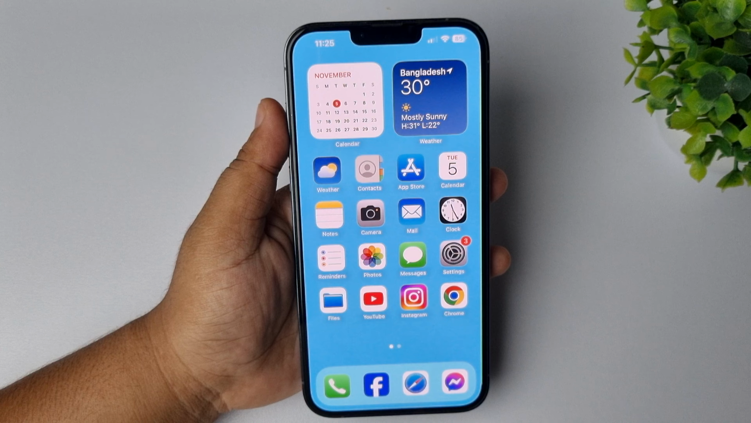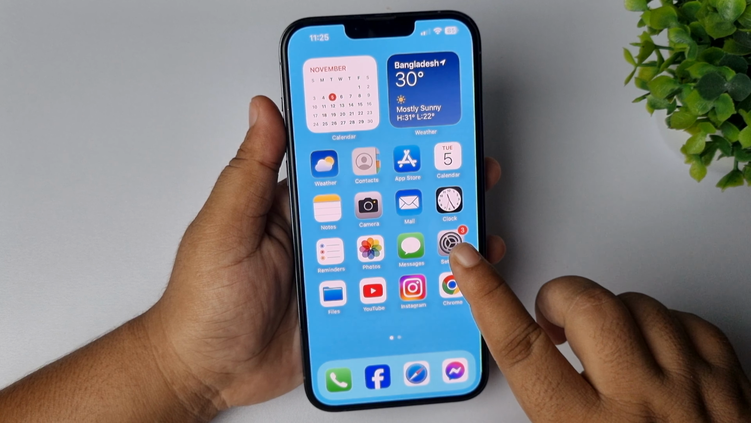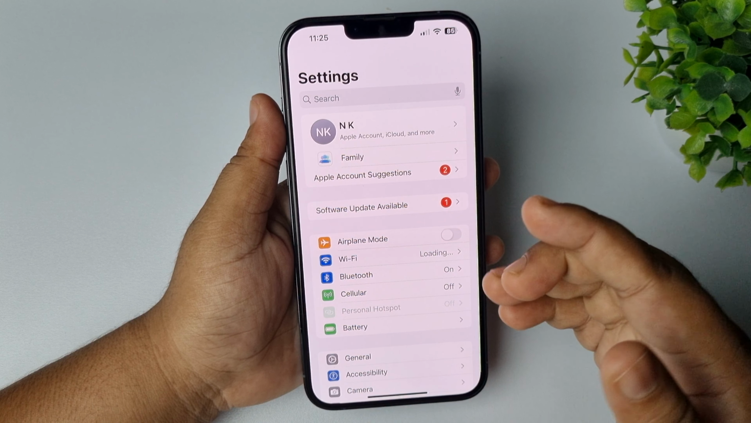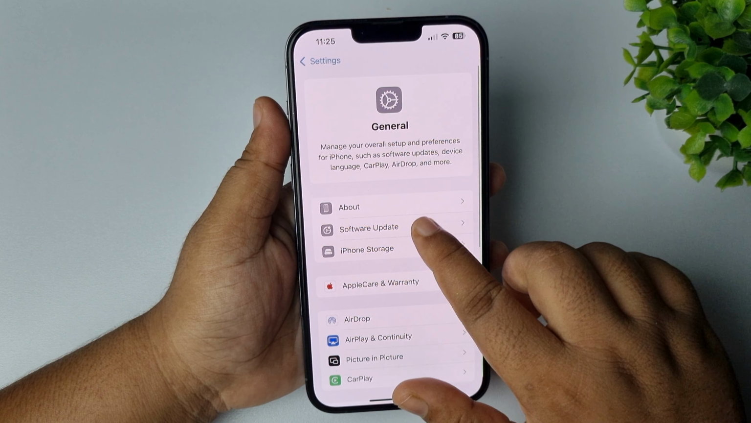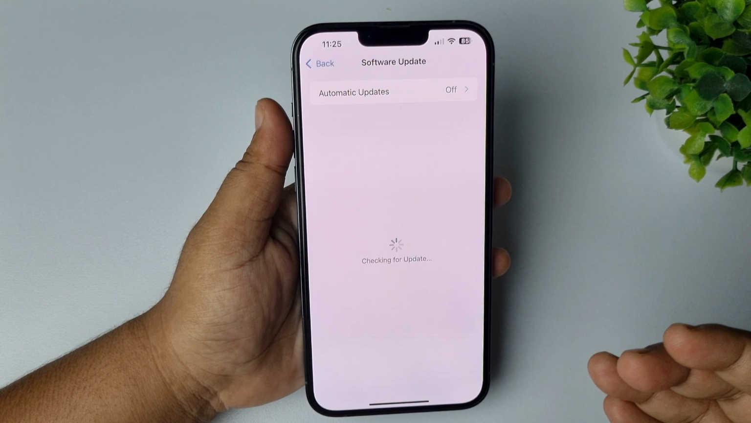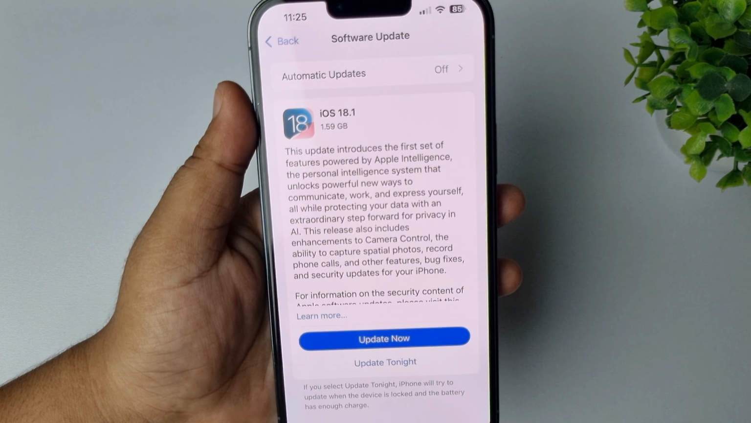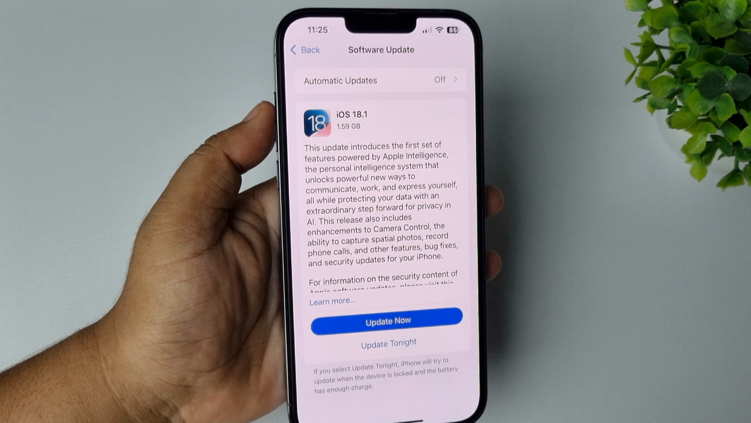If you're using an older iPhone, like iPhone 12, 13, 14, or 15, and you want to update to iOS 18.1, let's go to Settings. In your iPhone settings, if you don't see the software update available option, let's go to General, Software Update. Here, if you don't see iOS 18.1 available, here's how to easily install iOS 18.1